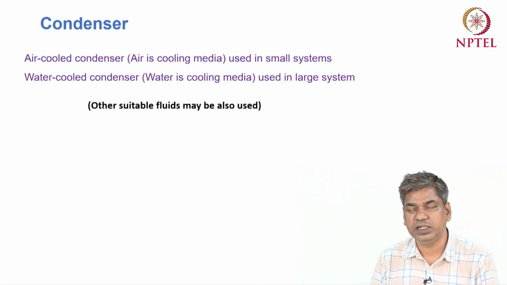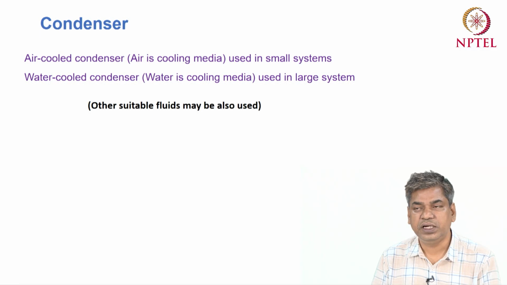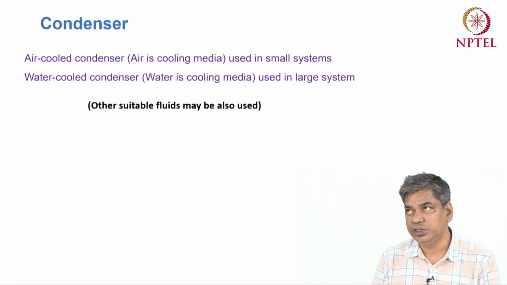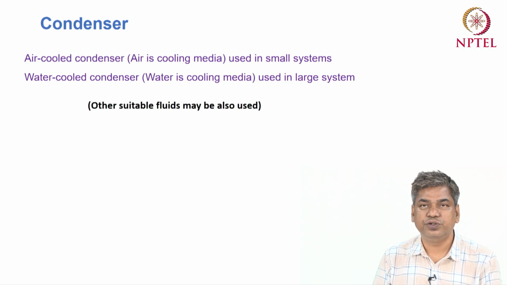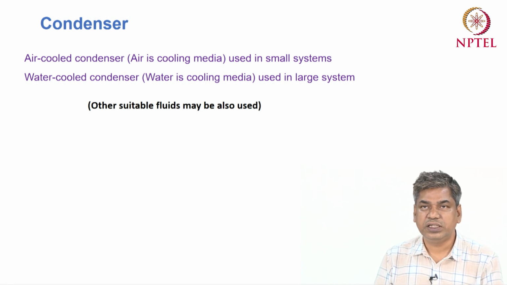For the air cooled condenser, air is the cooling media, and this is basically used for small systems like the household refrigerator, or the household air conditioner, which may be a window air conditioner or a split air conditioner. In both cases we use the air cooled condenser. Similarly, the freezers for commercial applications also use the air cooled condenser. So in general, the air cooled condenser is used for small systems, and the water cooled condenser is used for